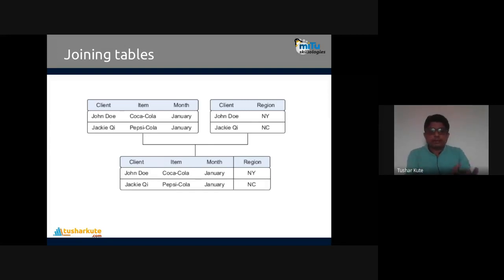Now in the first table, client, item, month, I'm adding region also. You can see the region is also added there, NY, NC. Combine, join the table. That is an outer join, which is created by this particular concept. And when you are taking different data sources, we have to combine them together and perform further steps. This is also one of the data processing steps. If the data is taken from different sources, or in the same folder I'm having multiple data sets, that's also something we have to take care of.